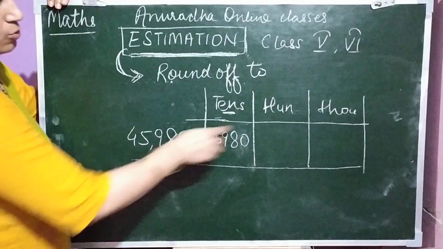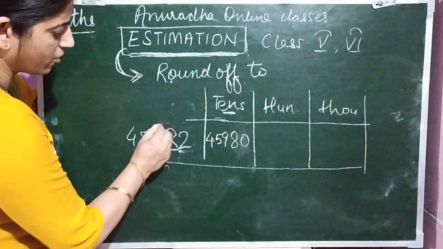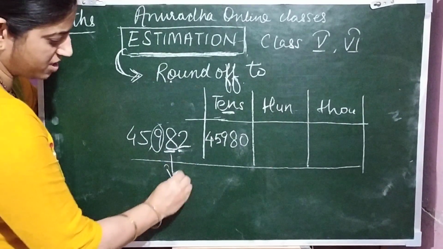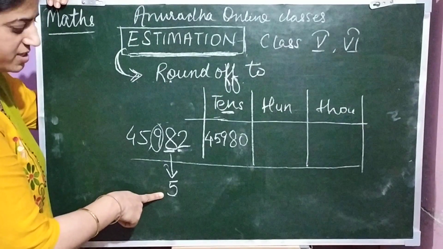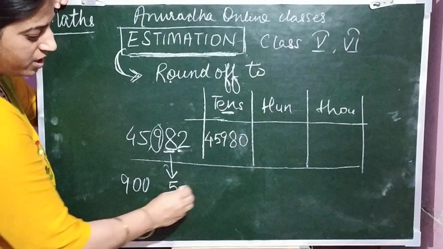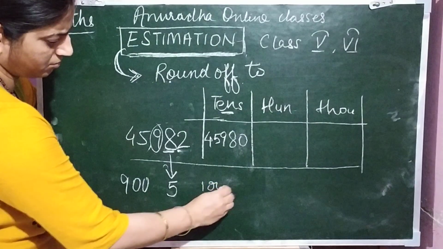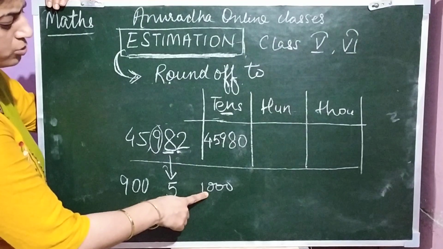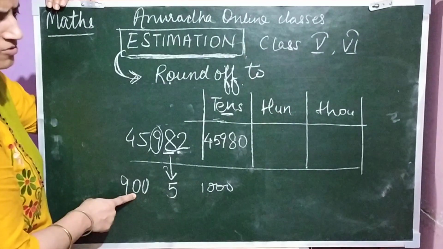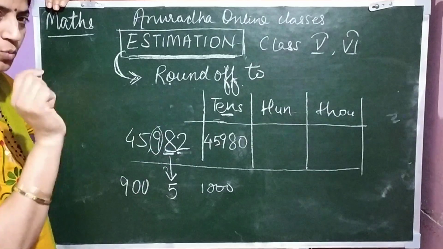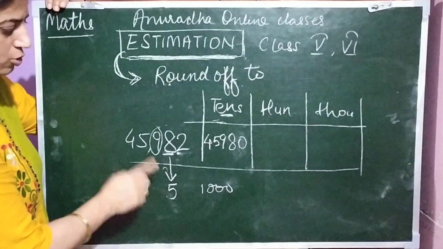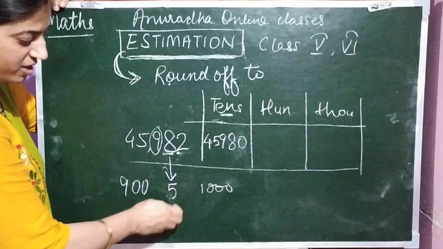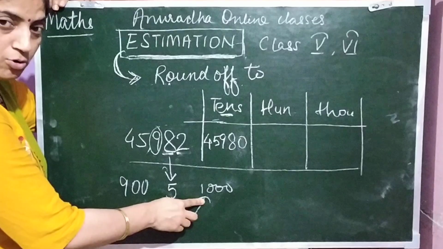Okay. Now to nearest 100. You have to circle this and underline this. Now you have to see whether it is more than 5 or less than 5. If it is more than 5, then this will go to this side. And if it is less than 5, this will go to this side. Now here, one change is there. Look here, see, it is 8. 8 is more than 5. So we have to go to this side.